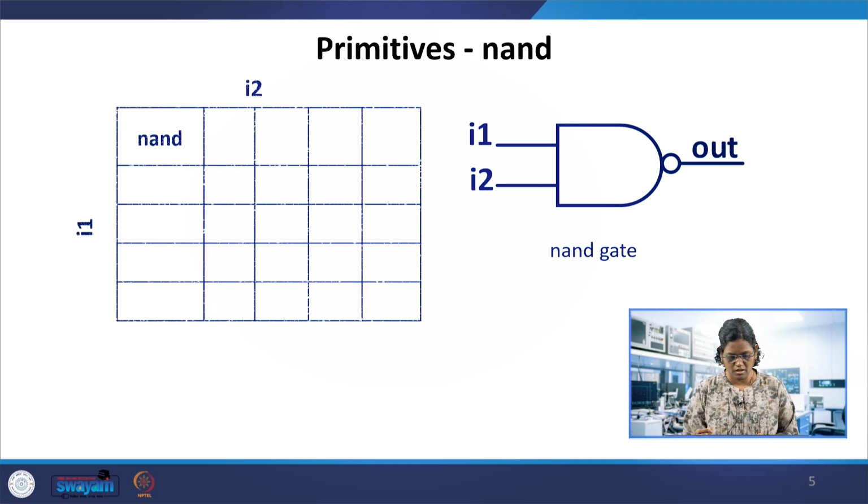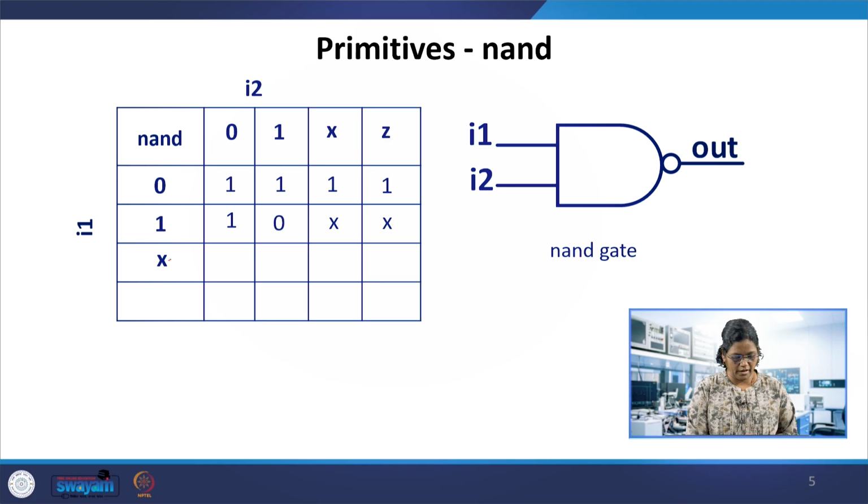So the NAND gate, just quickly giving the truth table. For 0, again this is going to be 1, 1, 1, 1 irrespective of the other input, and for 1 these two give x, and for x this is going to be again 1, these are unknown, they don't care, and for z it is 1, don't care. So if both the inputs are high impedance, then also the output would be either 1 or 0. It doesn't drive into the high impedance state.